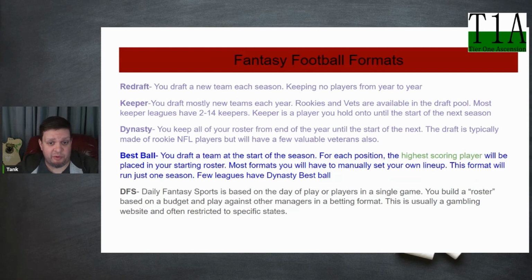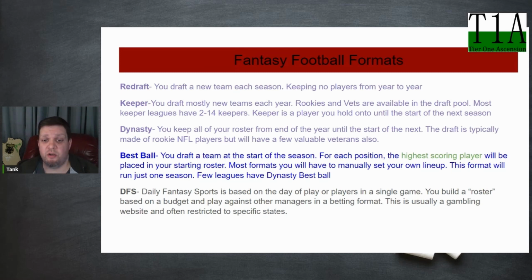Here's where we get to some of the wordy stuff. This is covering a little bit of what we've already talked about previously. Like I said, we're building knowledge, so a couple times we hear stuff that becomes common knowledge and an easy reference for us so that we understand fantasy football formats and what they mean.